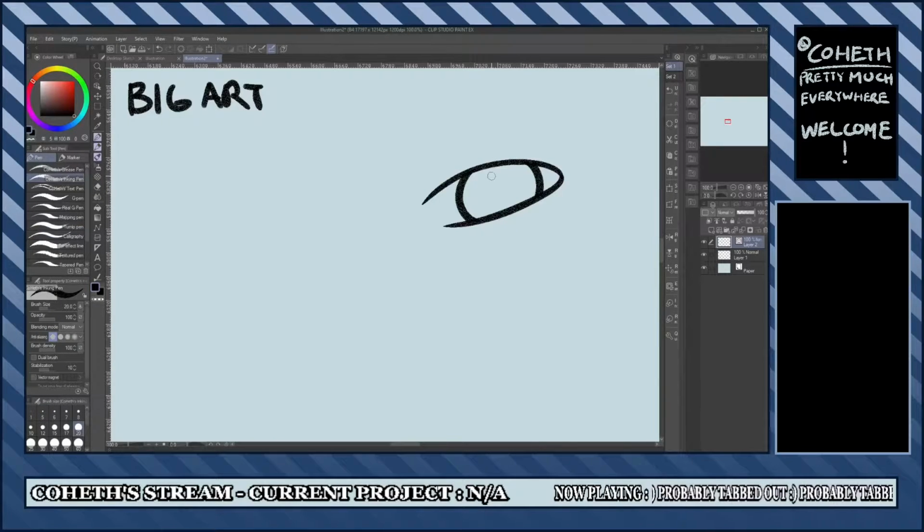Then you have an inner circle for the pupil and the iris, maybe some lines to illustrate the skin between your brow and your eyelash line.